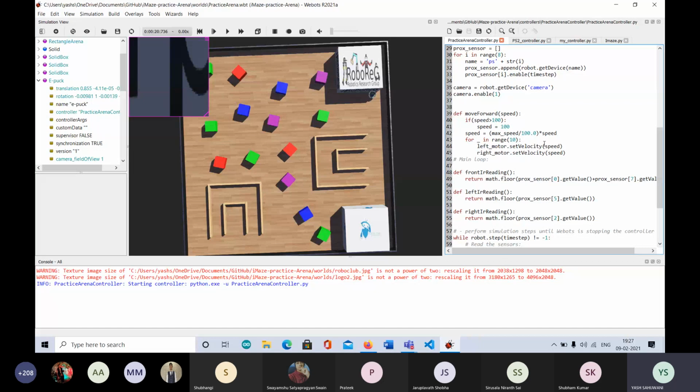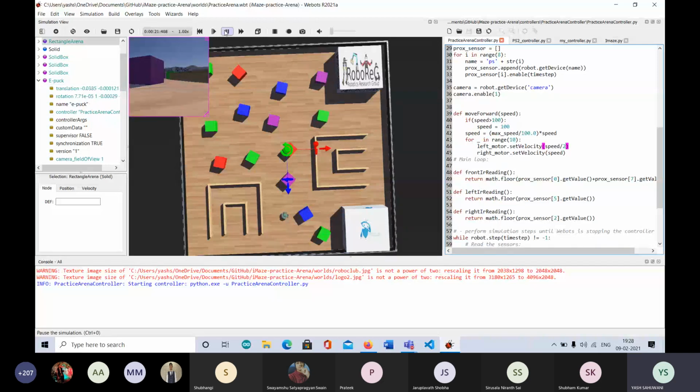It basically forms a circle and moves towards the left. And if you want to go towards the right, you decrease the speed of the right motor and increase the speed of the left motor, and then it will form a circle where it moves towards the right. So the key concept is, if you want to move left, keep the velocity of, for example, this one at speed. What this does is I have decreased the velocity of the left motor and increased the velocity of the right motor, so this will move left. I put it here and play.